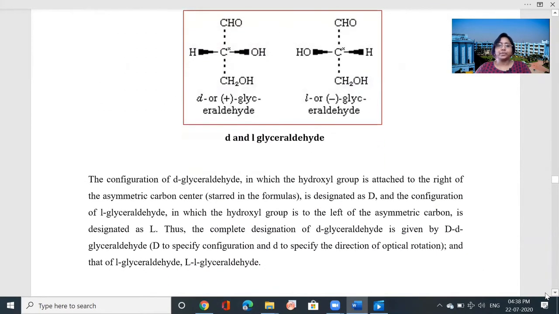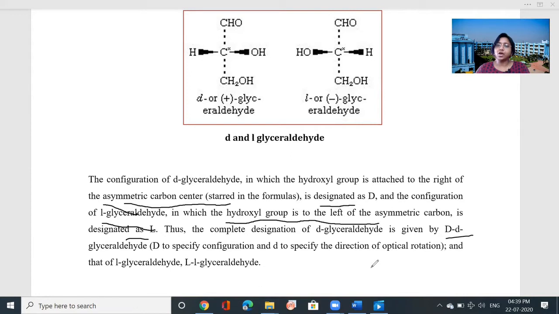So the configuration of D-glyceraldehyde, in which the hydroxyl group is attached to the right of the asymmetric carbon center, okay, we have to find the asymmetric carbon center, is designated as D. And the configuration of L-glyceraldehyde, in which the hydroxyl group is to the left of the asymmetric carbon, is designated as L. Thus, the complete designation of D-glyceraldehyde is given by Dd-glyceraldehyde, capital D to specify configuration, and small d to